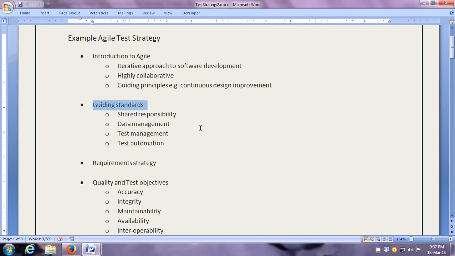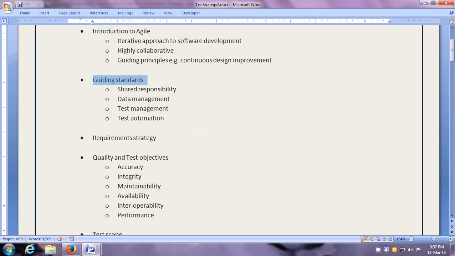Then there can be a data management standard relating to how data is managed in the project for testing purpose. Then there can be test management standards, how to look after test artifacts like test cases, code, any test documents. Then there can be test automation standards like we will automate each of the unit tests, functional tests, regression tests, etc. as far as feasible.